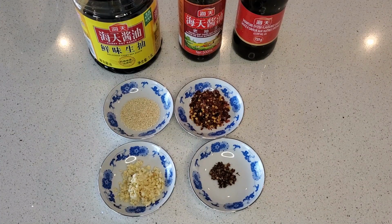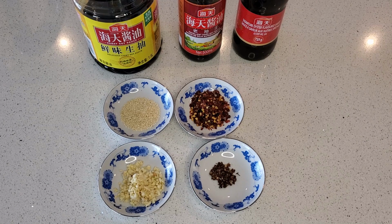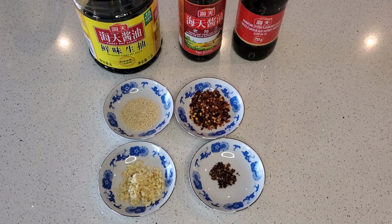We're going to be making our own spicy sauce for the tofu. We'll need 2 teaspoons of oyster sauce, 1 teaspoon of dark soy sauce, 1 tablespoon of regular soy sauce, 2 teaspoons of white sesame, 2 to 3 teaspoons of red pepper flakes, 3 to 5 cloves of garlic, and 1 teaspoon of Sichuan